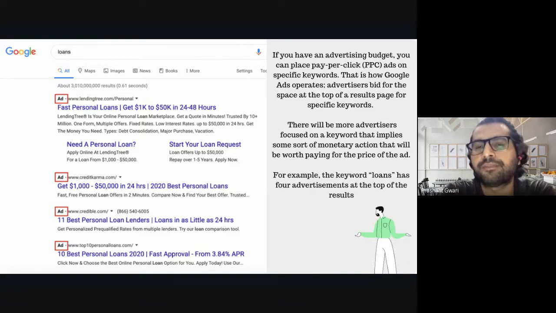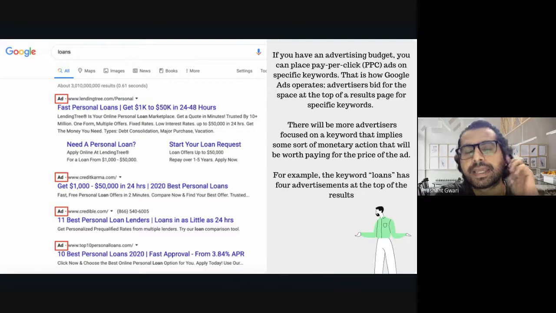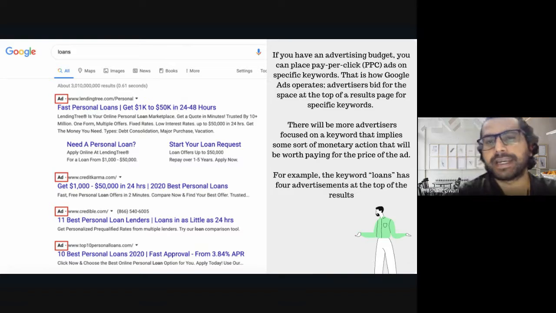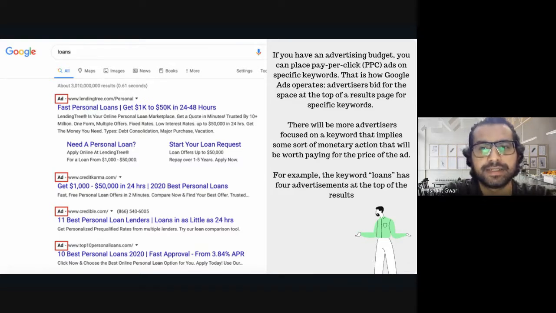and everyone is doing almost the same thing. So that's why, for quick results, companies bid on keywords. They target keywords through Google advertisements, and you will also do that when you work for some company. You will target keywords. So when you target keywords, and if you have an advertising budget, you can place pay per click, that means PPC. Every time someone clicks on your website, the amount will be deducted from your account. If someone doesn't click on your website, the amount will not be deducted.